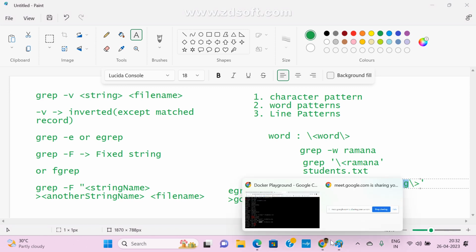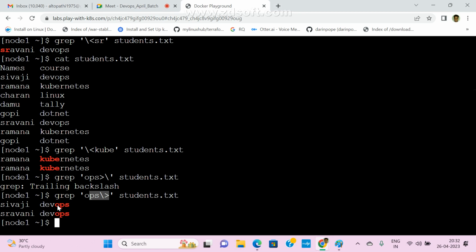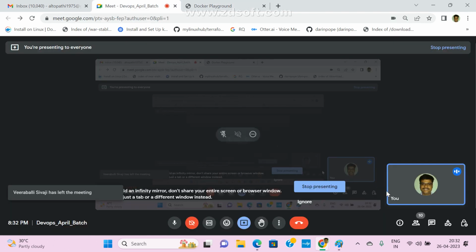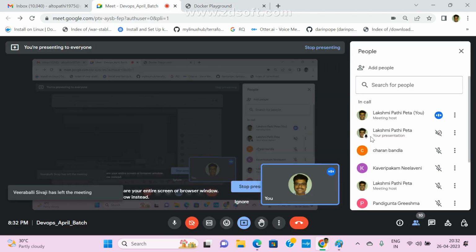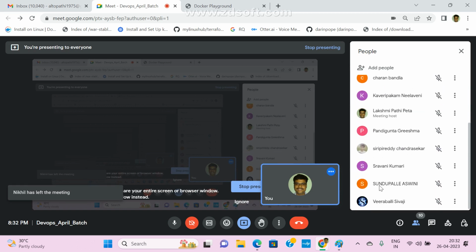Here I passed OPS, so I want to display words whose last three characters are OPS. The remaining characters can be whatever. Clear guys? Does anyone have any doubt here? So it works based on the start and based on the end.